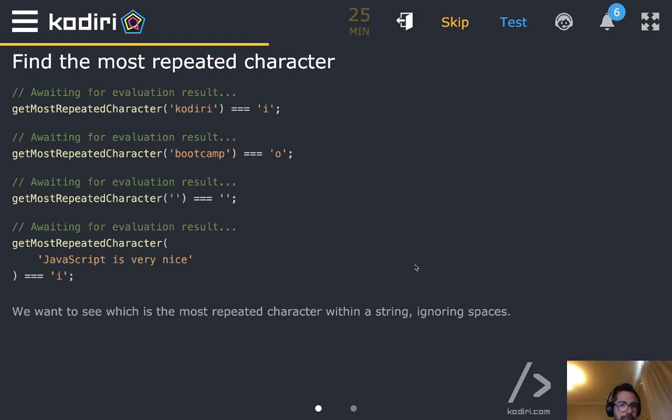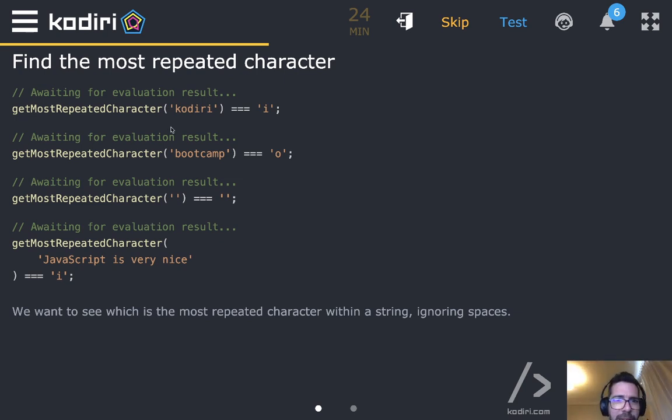You remember at the beginning of this session, I told you there are 3 stages when talking about this particular problem. The first one is positive, like, that's a piece of cake, right? At least from a human point of view, it is very easy to identify the problem. So, get the most repeated character. You get a string or a sentence, a piece of text, and you want to identify the most repeated character.